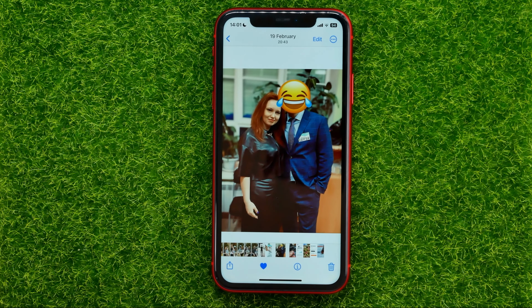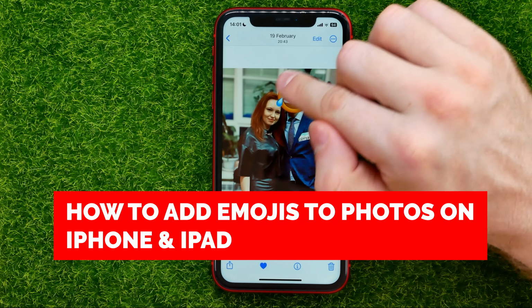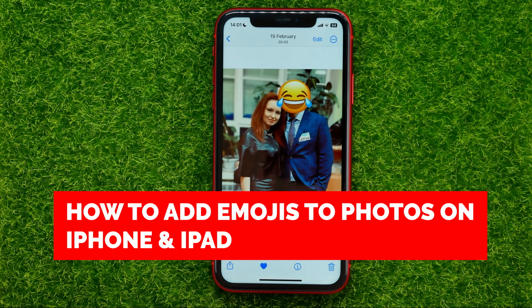In this video, I'm going to show you how you can easily add emojis to your photos on your iPhone